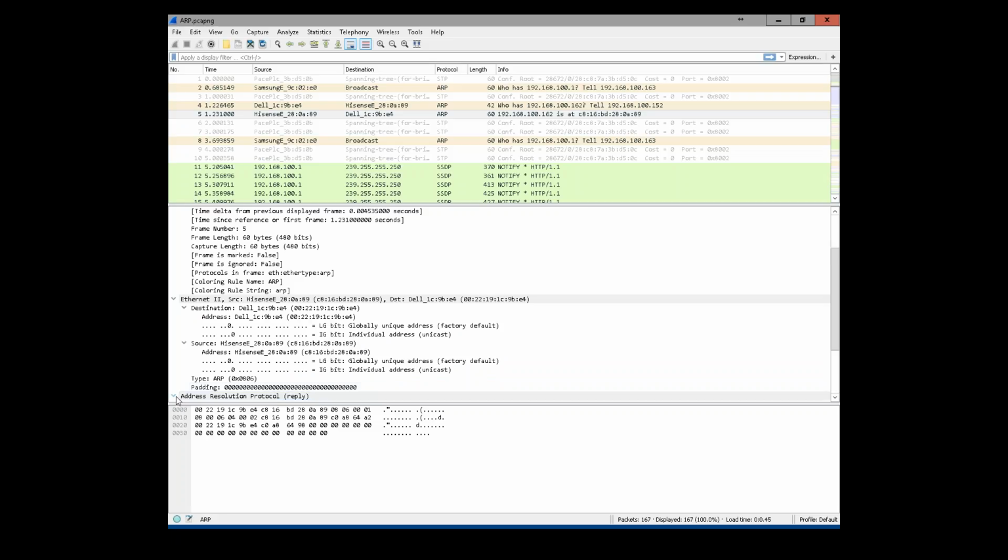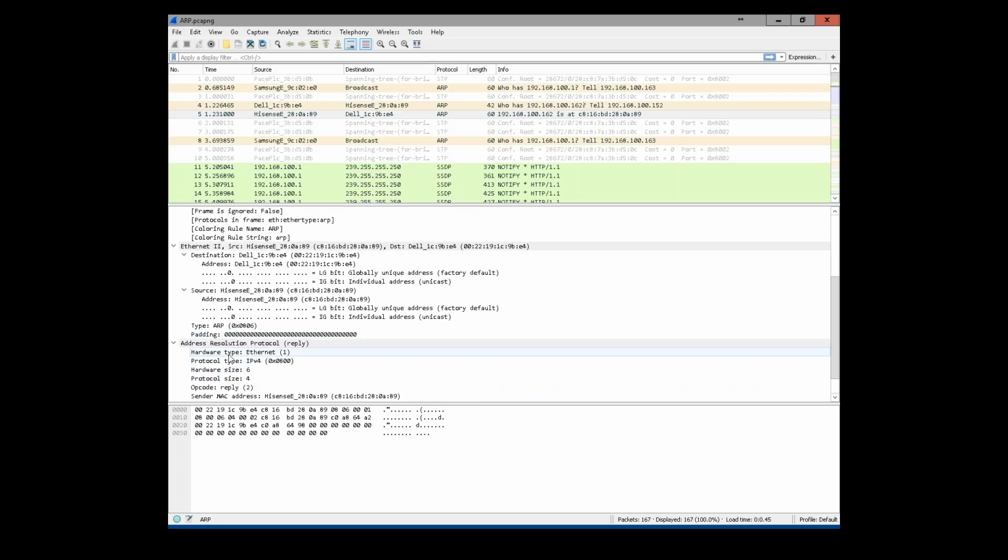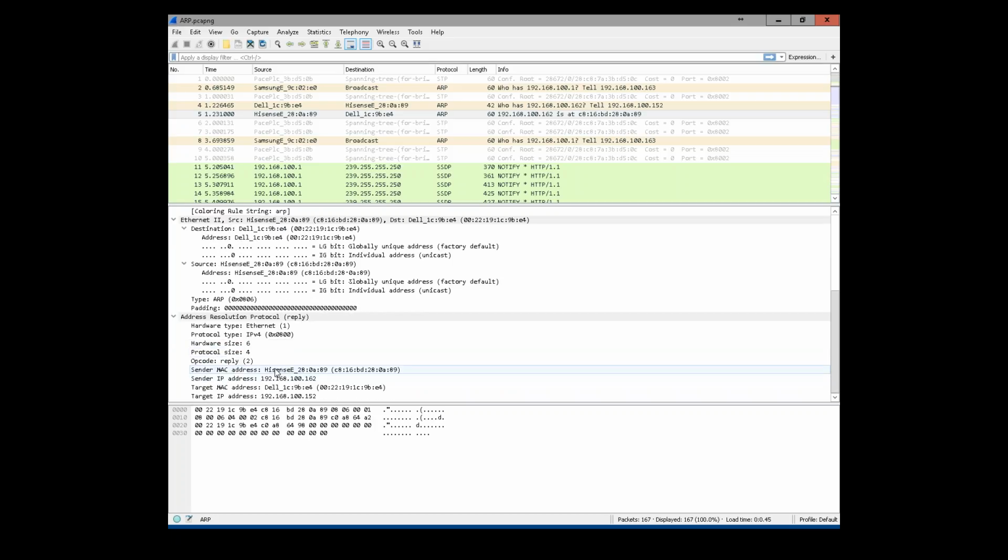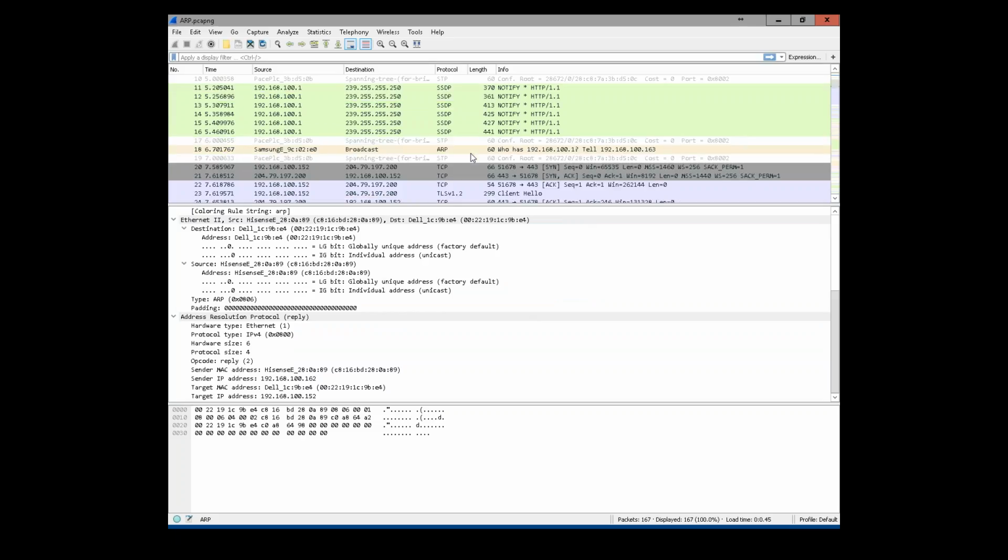And the address, the ARP reply says the hardware type Ethernet 1, Sender MAC address, Hisense, it's got here the sender IP address, the target MAC, the target IP. So it's sending its MAC address back to the